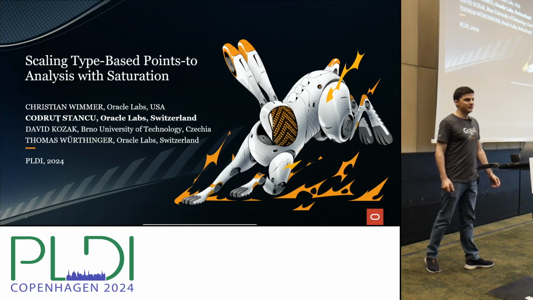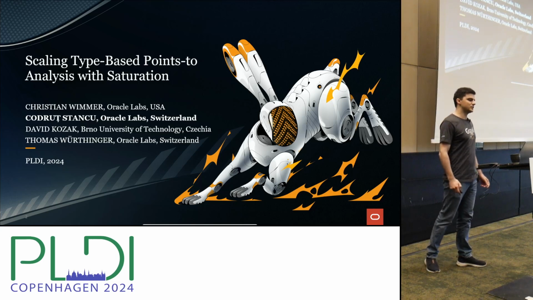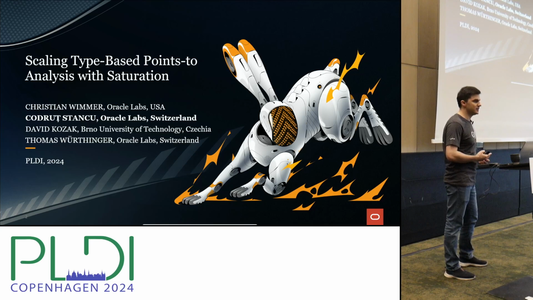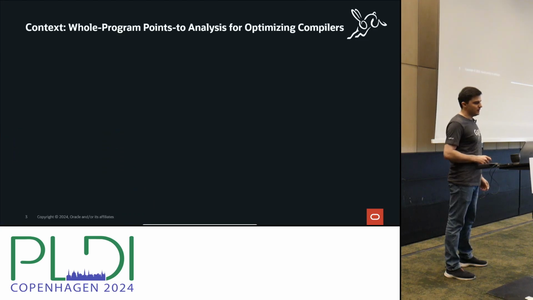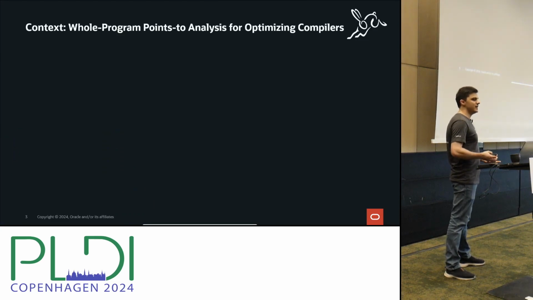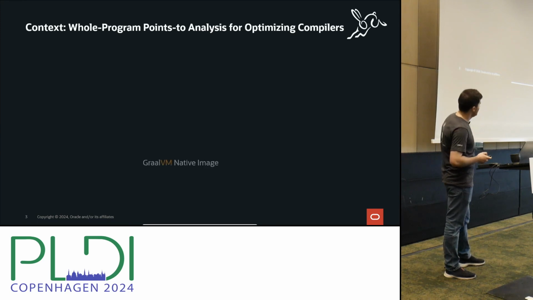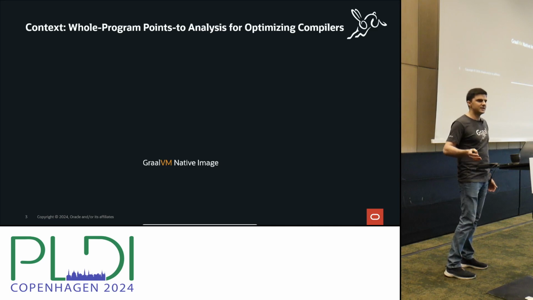Thank you. So yeah, I'm going to talk today about our work on fixing scalability issues of our points-to analysis. First, a bit of context. Our problem domain is whole program points-to analysis for optimizing compilers. So we implemented this analysis in the context of the GraalVM Native Image project, which is a new Java VM